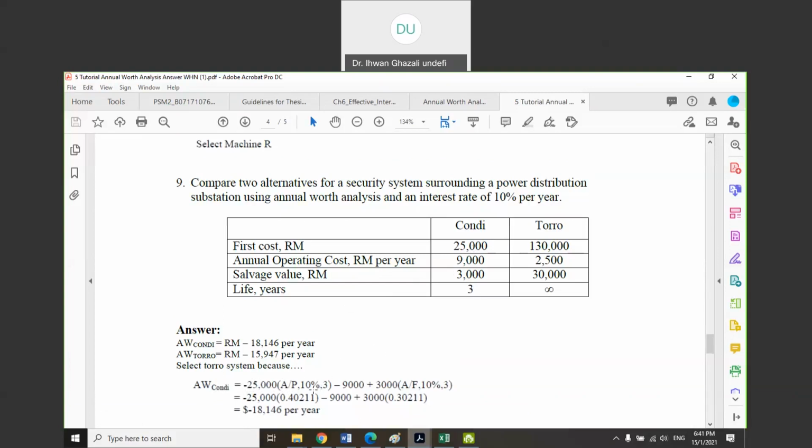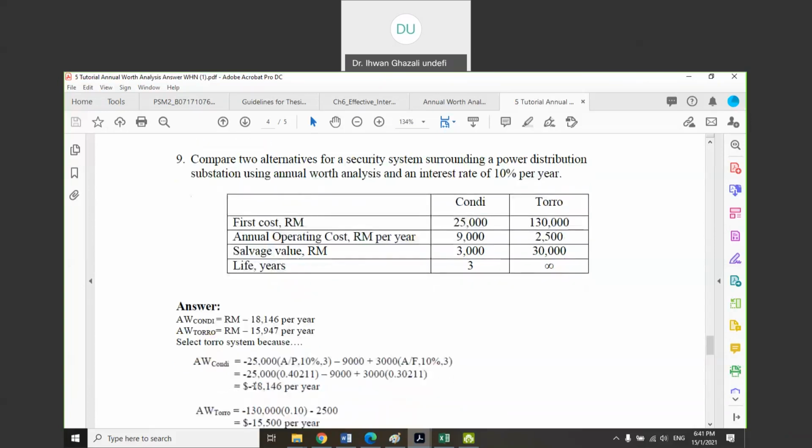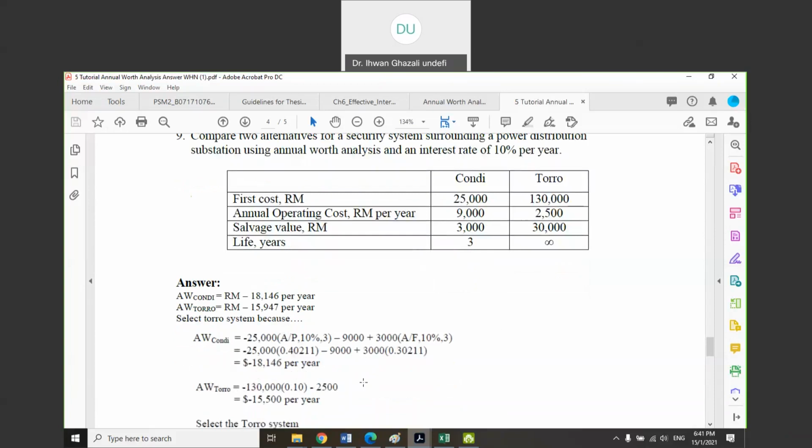This one is 10% per year, and minus, this is the annual cost, this is the salvage. If you just add salvage with the 3 years at 10%, and to find F, using the table A per F, we will get the result minus 80,000 per year something. Based on these calculations,